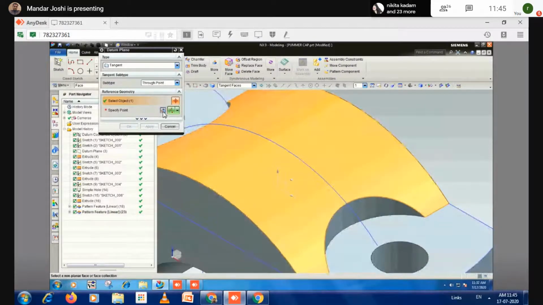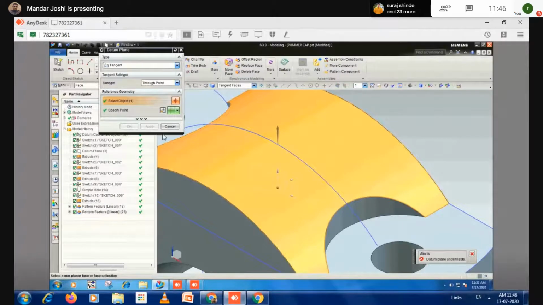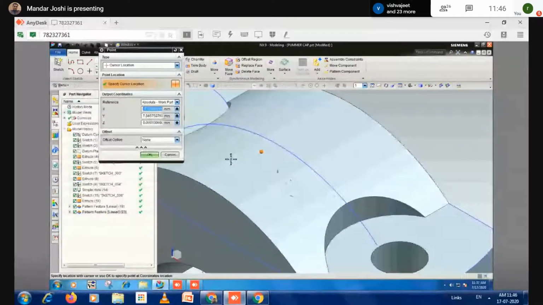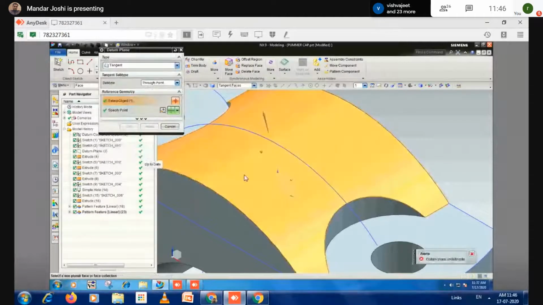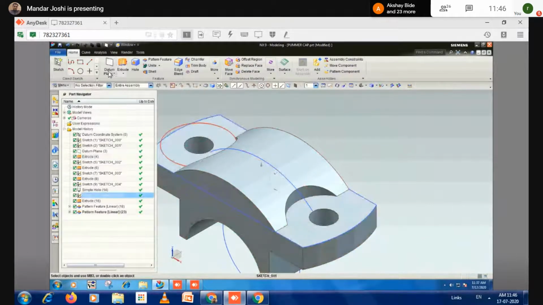Click here and select the point. It's not taken, just a minute. I'll do it again. Datum plane.